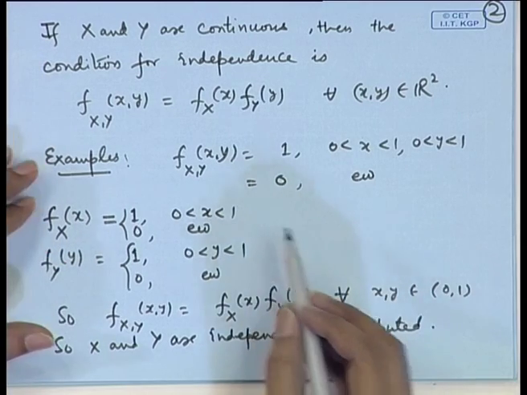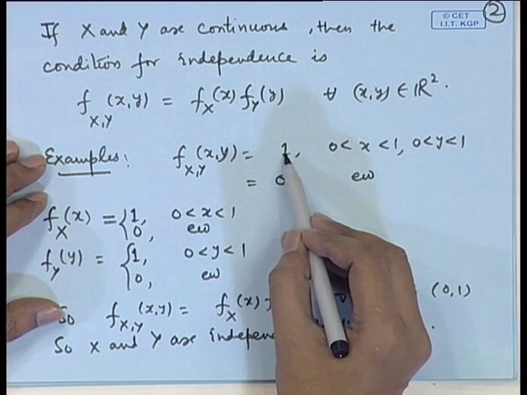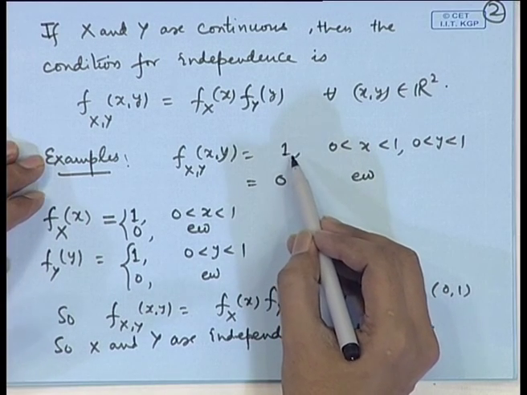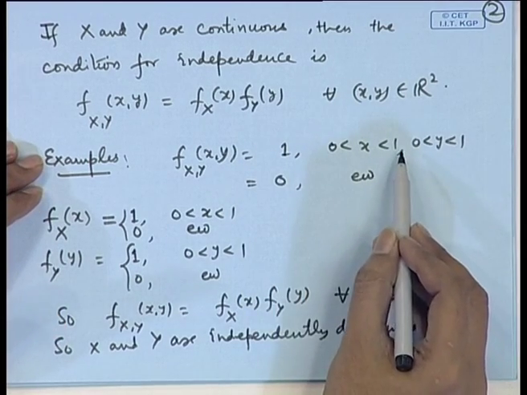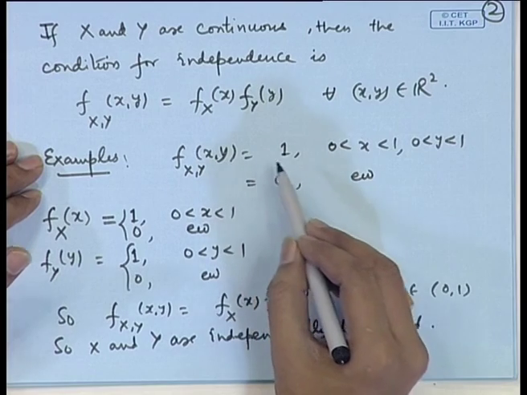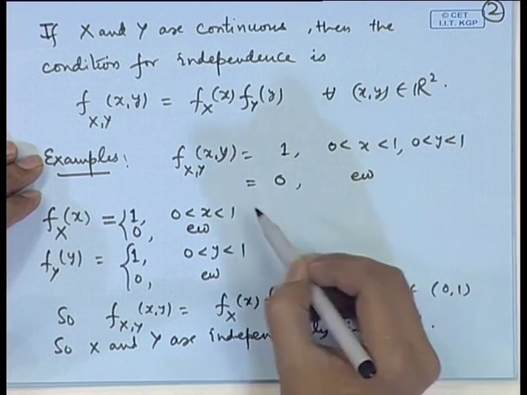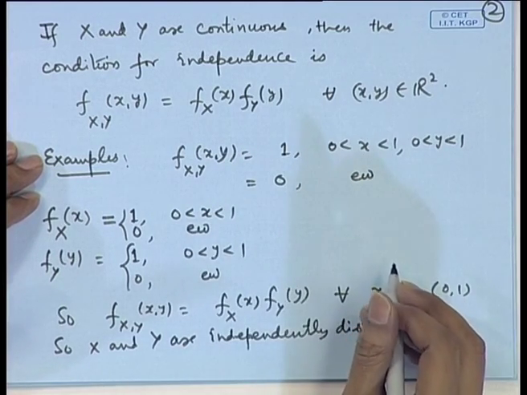So, this may be considered as the arrival timing of a passenger to the railway station between any time from say 7 a.m. to 8 a.m., and Y may denote the arrival time of the train between 7 a.m. to 8 a.m. So, both may be independently distributed and this could be one of the possible distributions.